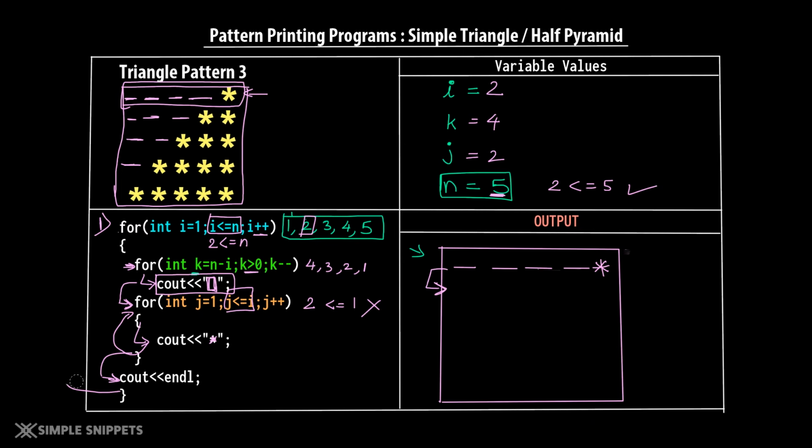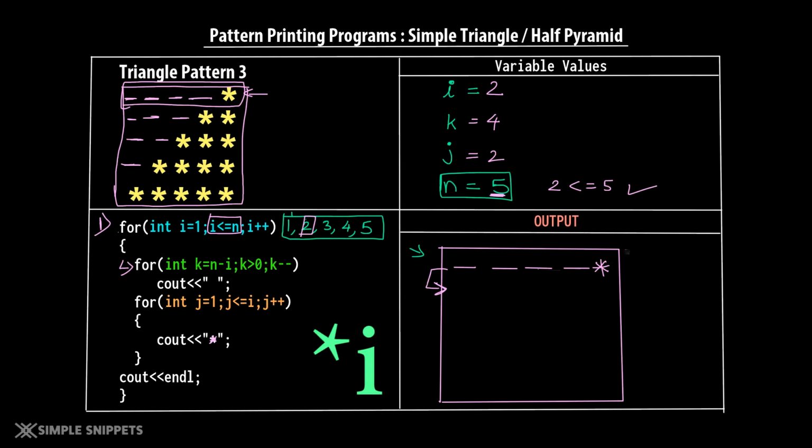So let's do that. Okay, so now inside the outer for loop, the very first statement is another for loop which is dealing with the spaces. Over here we will again reinitialize k. We will say int k is equal to n minus 1. What is the value of n this time? n is obviously gonna be 5. It is not gonna change. But i has now changed to 2, right? i has become 2. You can see it over here. So 5 minus 2 this time is gonna be 3. So now k will become 3. So you can see we have 3 spaces for the second line.